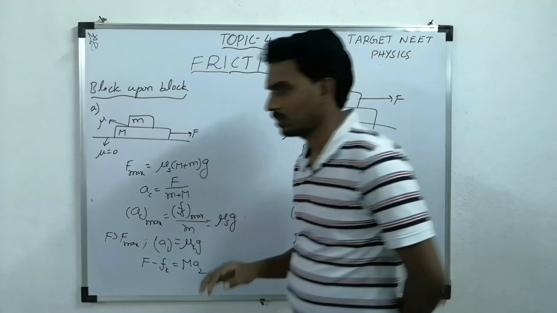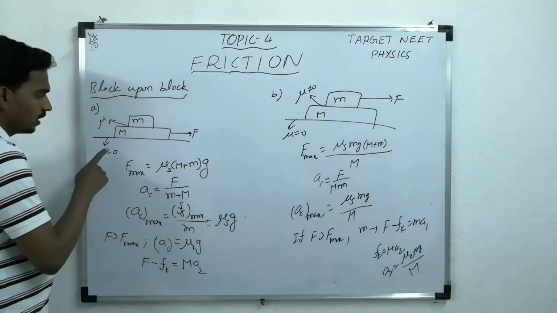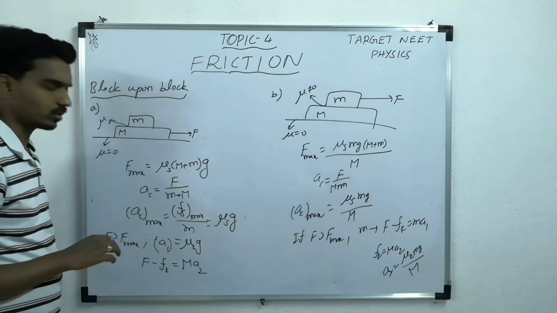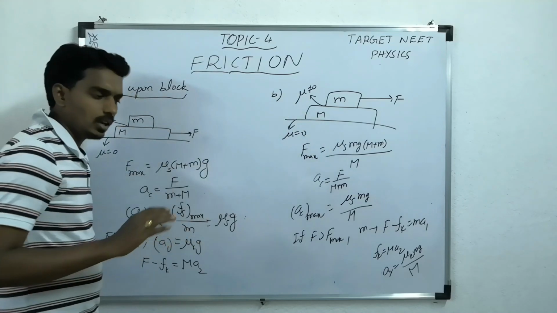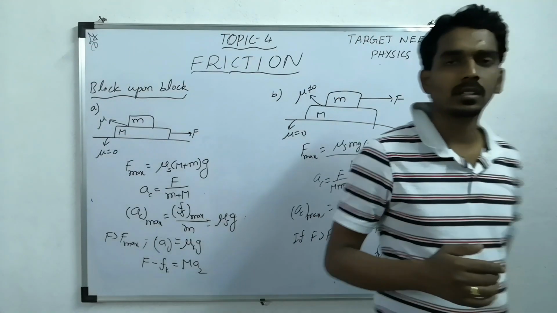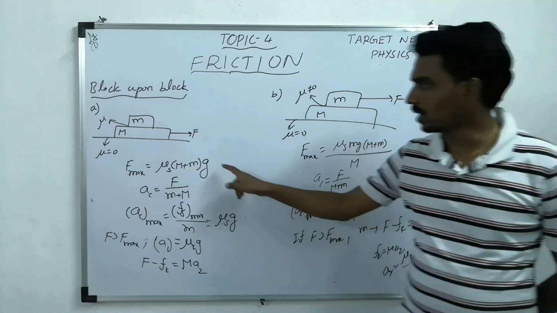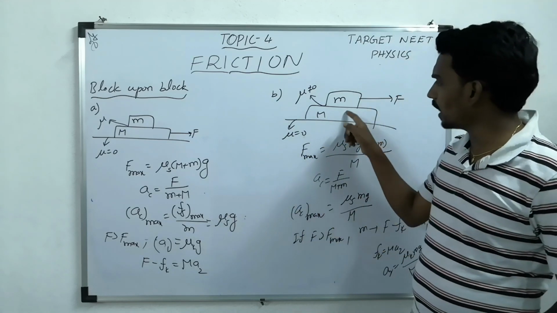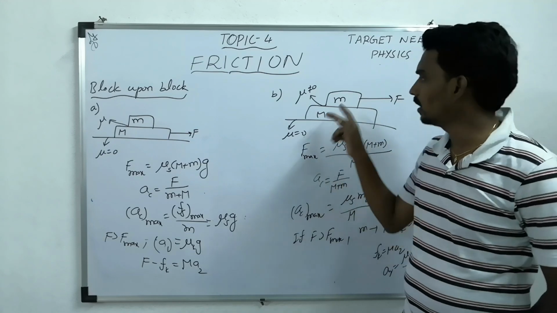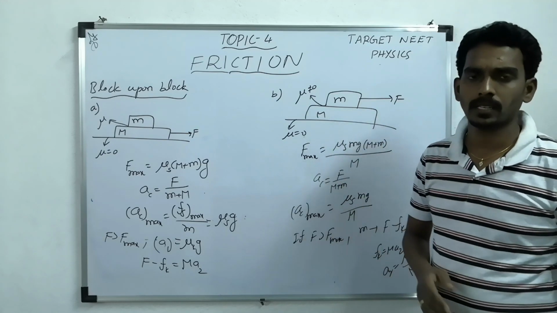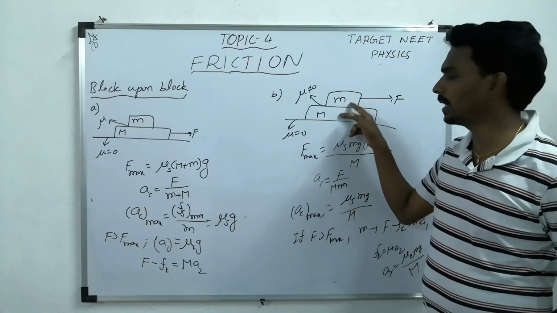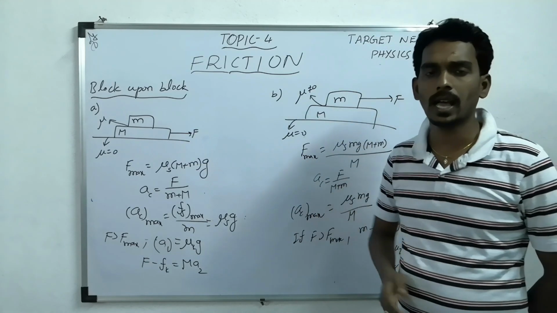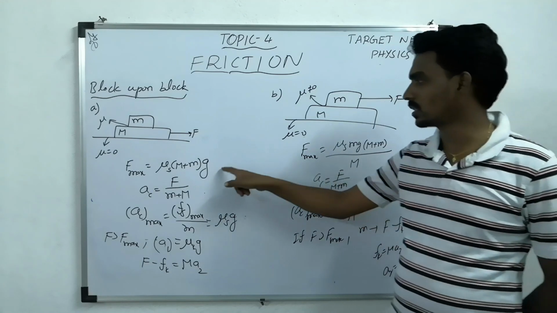In both situations, the simple type of question you can get is that the friction between the lower block and the surface is 0, and there is friction between the two blocks. In both situations, up to some maximum force you can apply, the blocks move together, and that value I have given here. You can derive this condition as follows: as long as the friction between them is static, they move together. Static means they must be at rest, with no relative sliding. Until the friction reaches its limiting friction, they must move with common acceleration. So that equivalent force is this one.